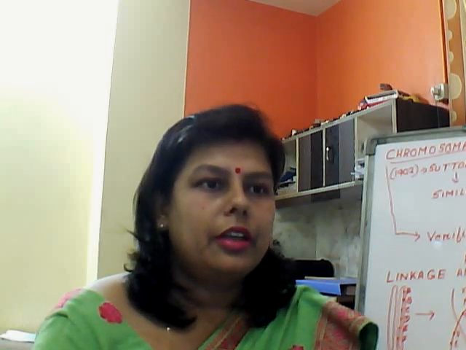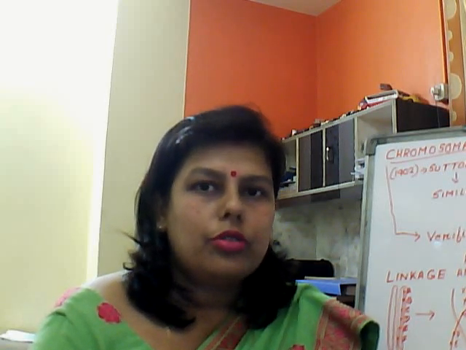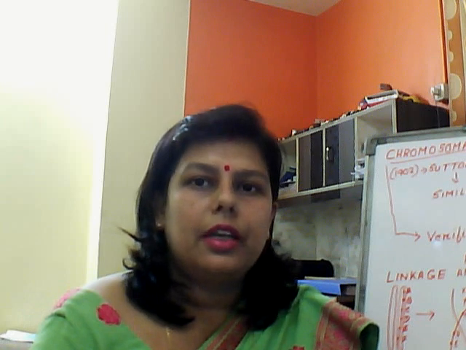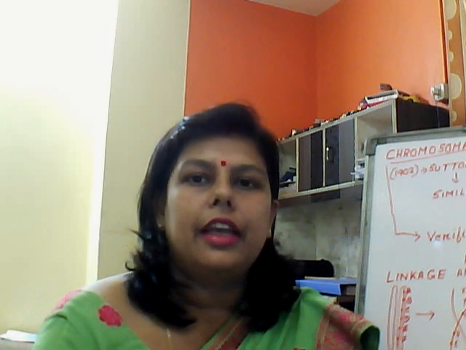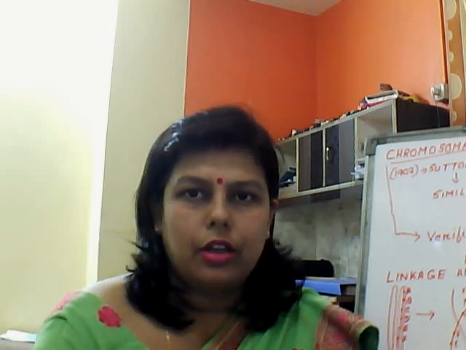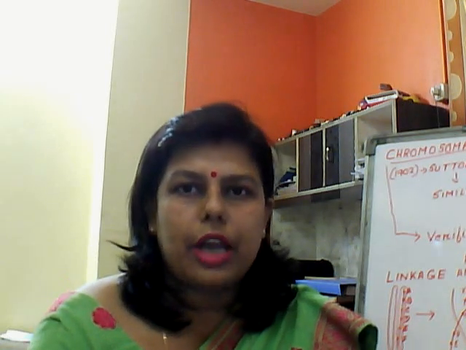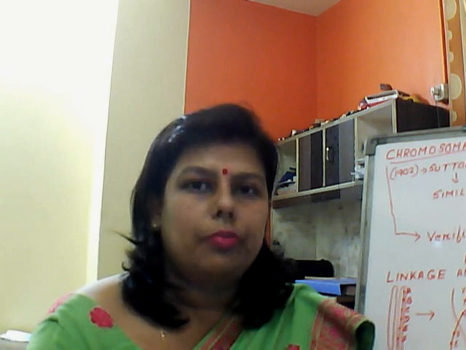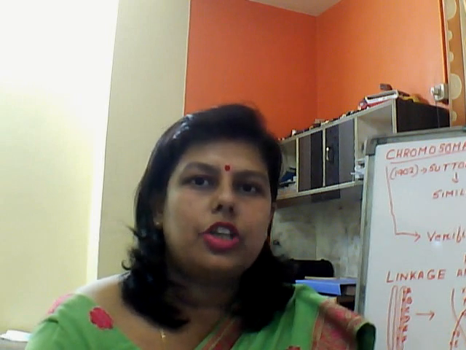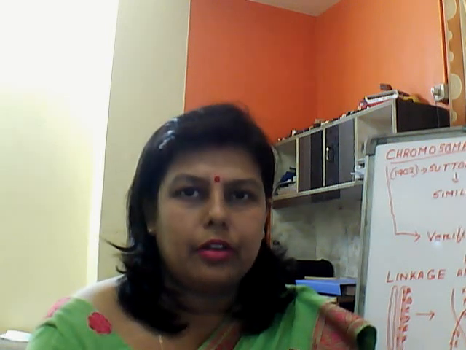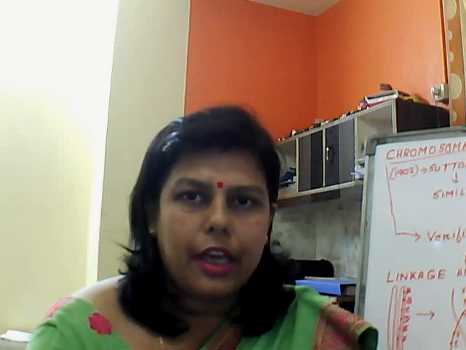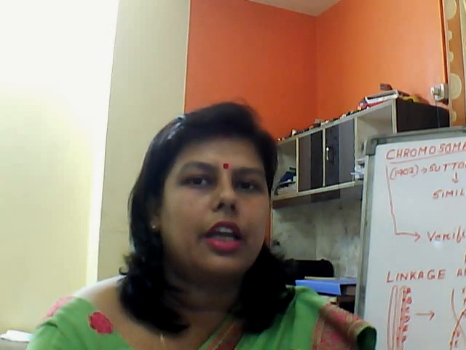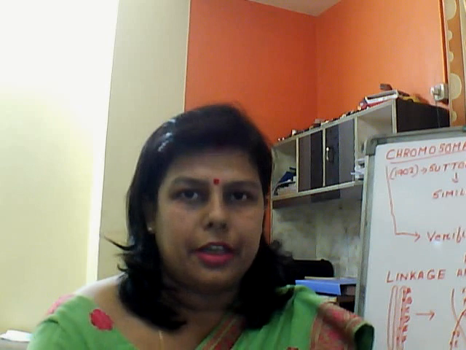Jai Gurudev children. So today we are going to study about the chromosomal theory of inheritance and linkage and recombination. So before starting these two chapters, a few things I'm going to explain first. Mainly two terms which till now I didn't explain: one is the pleiotropic inheritance and the other one is the polygenic inheritance.